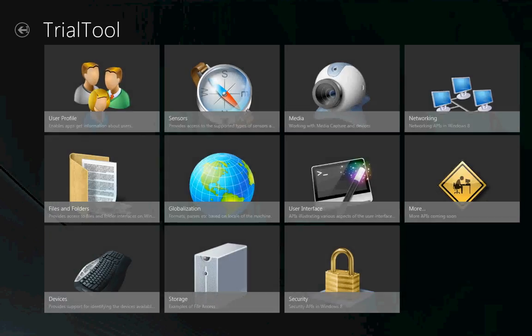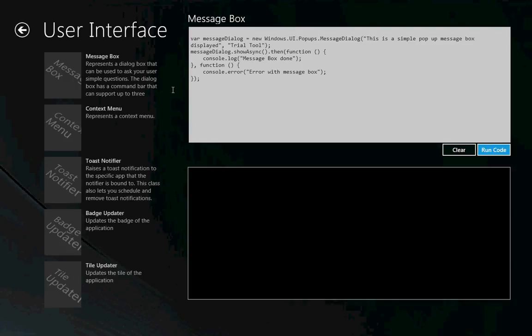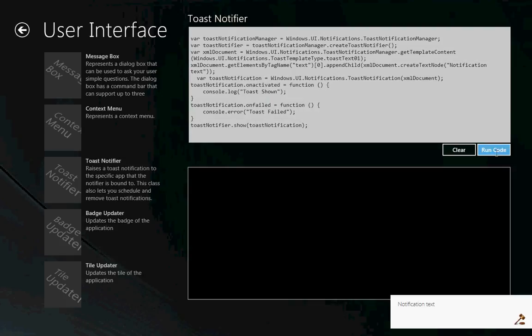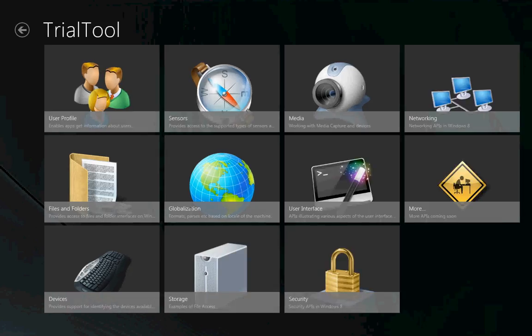Let me run a couple more examples before I show you the complete capabilities of TrialTool. I already showed you user profile, files and files in folders. Let me show you some user interface examples. Windows 8 natively supports a toast, and let me show you how it works. I click on the toast notifier example, hit run, and you should see a notification here. Creating a notification is very simple. All you have to do is use the